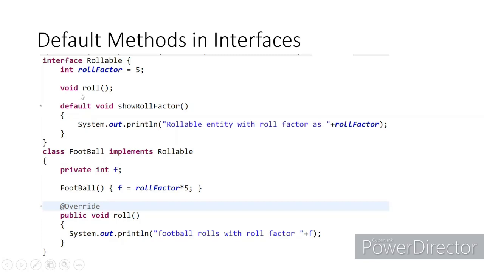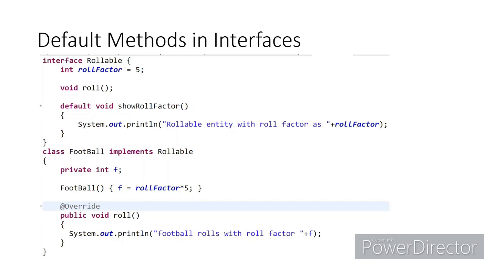What would have happened in that case? The football class and the tire class, which I had rolled out to the client, which I had rolled out to the end user, both those classes would have to implement that extra abstract method, because an interface method has to be implemented by the implementation classes. Otherwise, the implementation class will break. So if football will not override the show roll factor, or if the tire class will not override the show roll factor method, it will break. So it was mandatory for me.